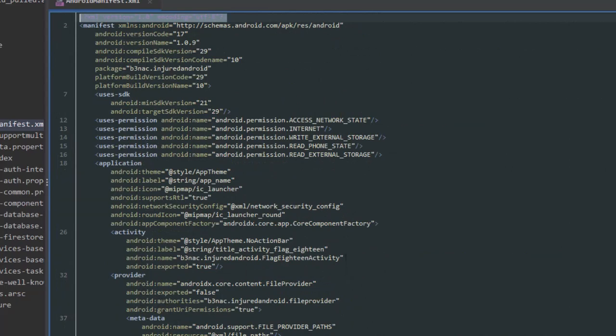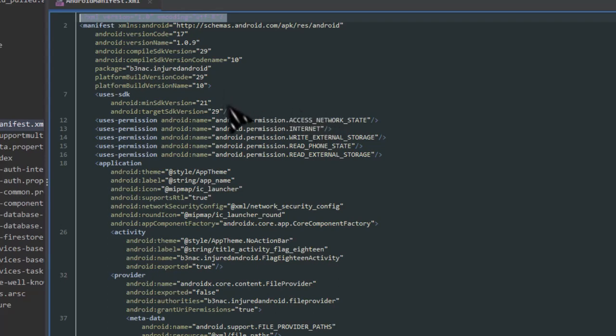Now what I'm going to search for in this AndroidManifest.xml, let's check. Here we see that this app needs permission for access network state, permission for internet, permission to write to external storage like your SD card, to read your phone state, and to read external storage. I've explained what these permissions are all about. Now the thing I'm going to search for, because most of those things are always on top, is debuggable